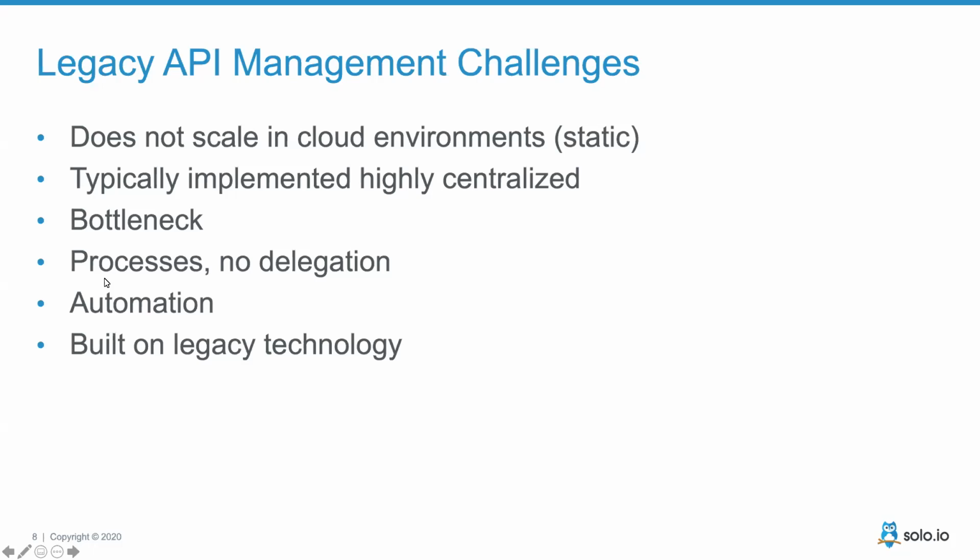So let's fast forward a little bit, right? We said that API management has a lot of value. We see how in enterprises, large enterprises, it might have been adopted or implemented, and some of the challenges of that. Now, if we fast forward a little bit to the service mesh, right? Service mesh is implemented in a highly decentralized way. So it kind of attacks some of the shortcomings of existing API management. But it's not just decentralized. It was built specifically to be a part of the solution to services communicating with each other